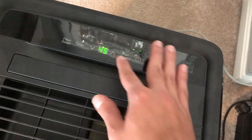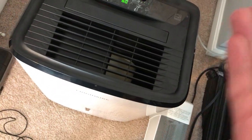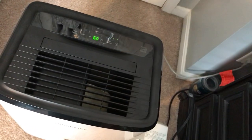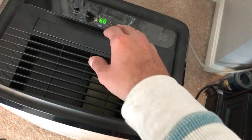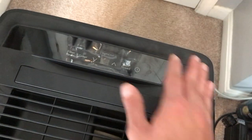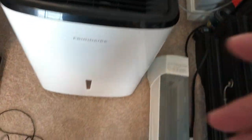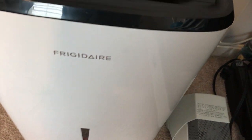So, generally in our garage, we set it at like 45%. And that is a good level for storing our produce that we're trying to cure. So, and then that's off. So as you can see, that's a good arrangement of